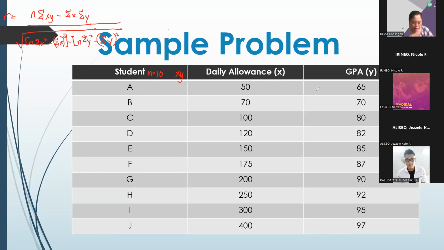Multiply natin, 50 times 65. 50 times 65, that's 3,250. 70 times 70 is 4,900. 100 times 80 is 8,000. 120 times 82 is 9,840. 150 times 85 is